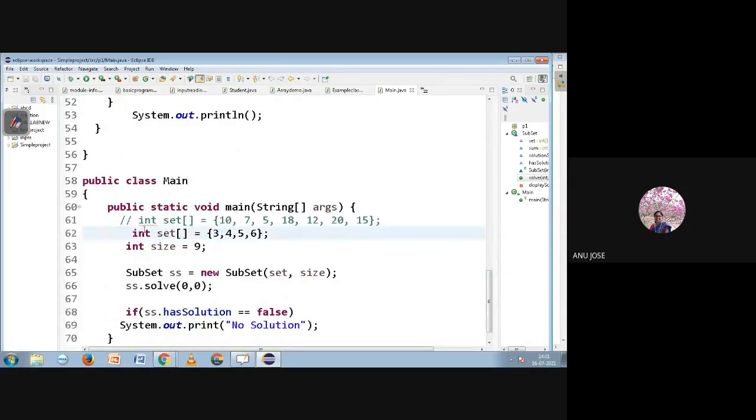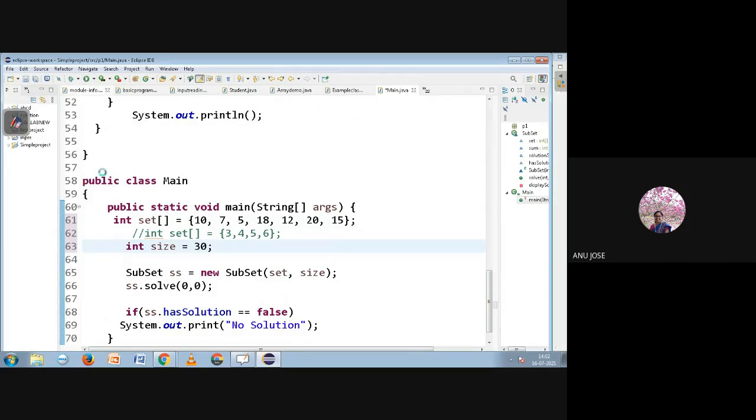We'll keep other values and try. 10, 20, 30. 30 we will keep as the sum. And we'll see what solution we get for the problem.